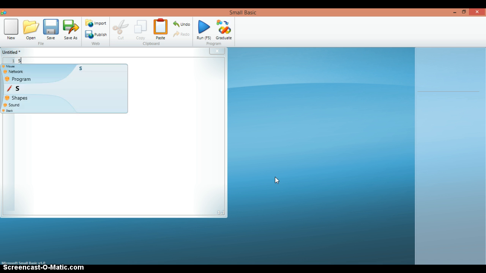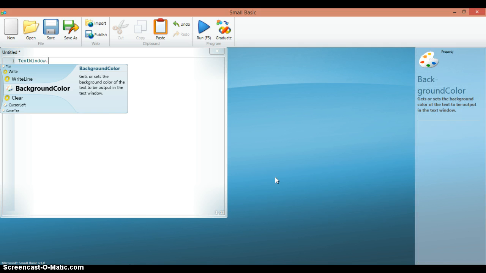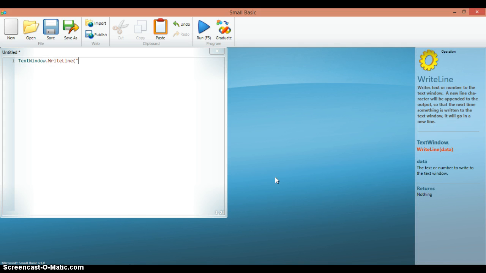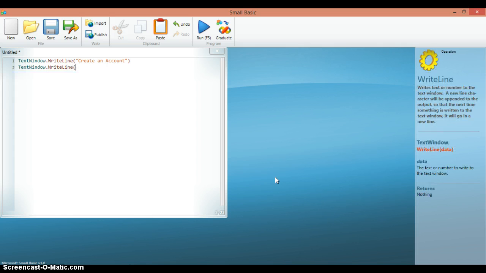a password program. So first you want to type in TextWindow.WriteLine, and this writes a line. It just writes some text, and you have to write text in it like this. So the first thing you'd want to do would give them options. Create an account. Then you do TextWindow.WriteLine again, and log in